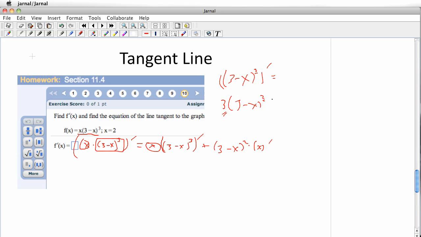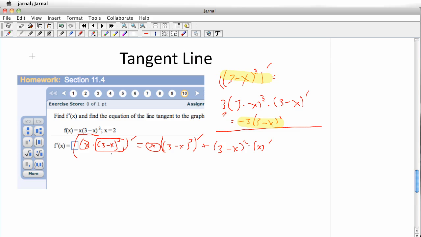The chain rule tells us that that is not the correct answer. The correct answer would be that times the derivative of whatever that inside stuff is. We can see that the derivative of 3 minus x is -1, and so the 3 out here times that -1 will give us a -3 times (3 minus x) squared. So this answer up here